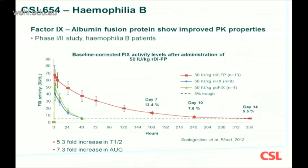And so here you see in this group of adults with haemophilia B that for this molecule compared to, in this case, plasma-derived factor IX, you've got a massive increase in the half-life. You've got a 5.3-fold increase in the half-life and a 7.3-fold increase in the area under the curve. So the actual data looks better in patients than it ever did look in the animal model. So that was great phase 1, phase 2 data, and that prompted us to move this molecule into a phase